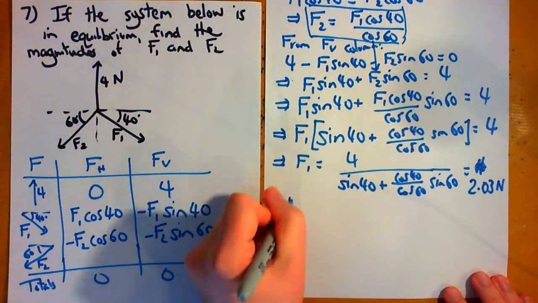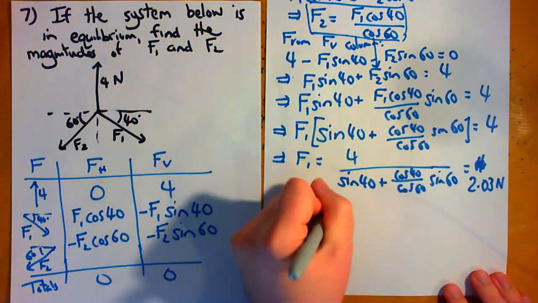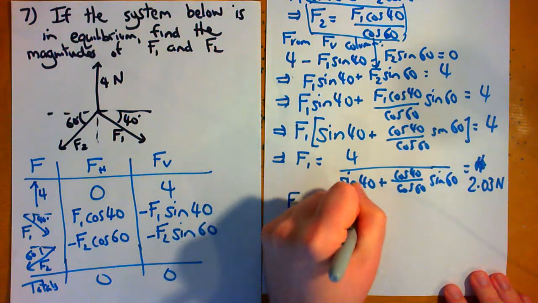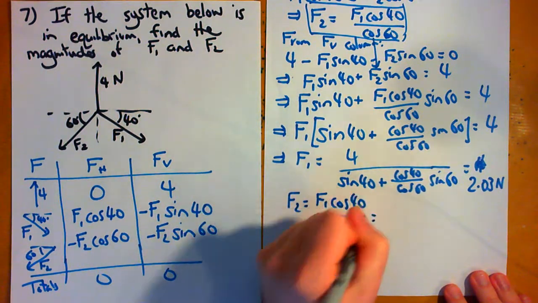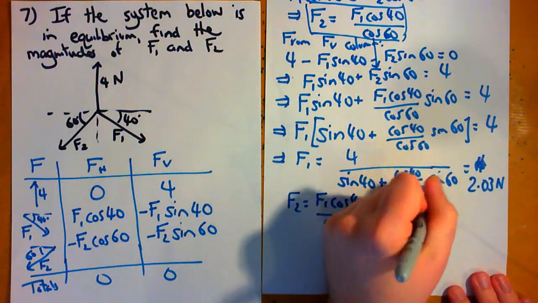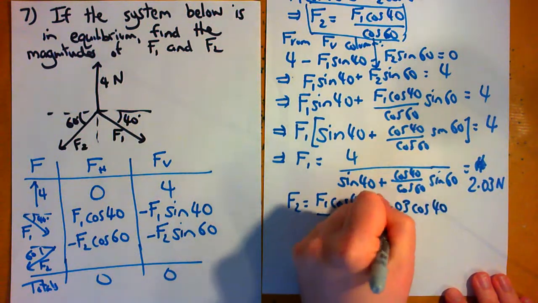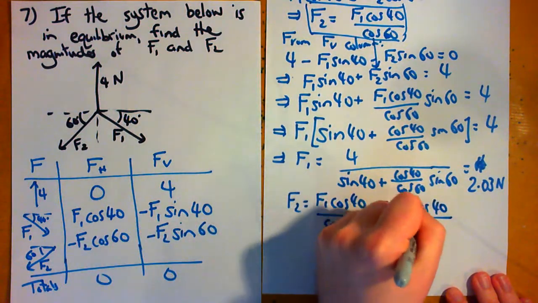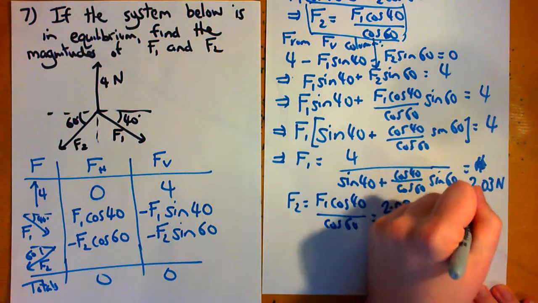So F2 is F1 cosine 40 divided by cosine of 60, and if we put in the value of F1, 2.03, we get 2.03 cos 40 divided by cos of 60,